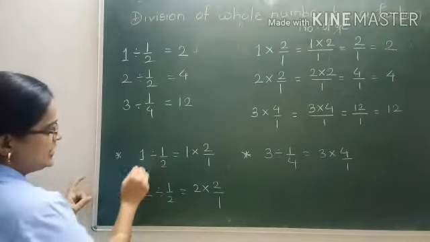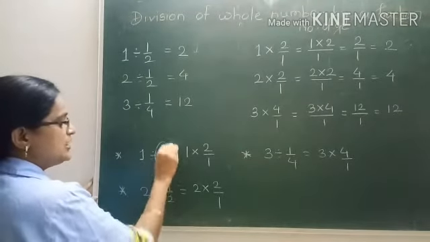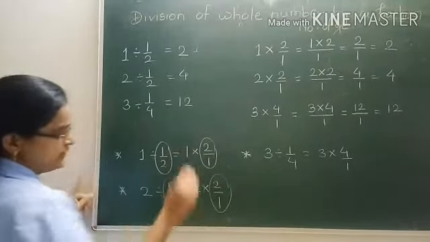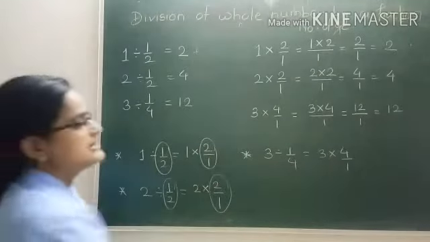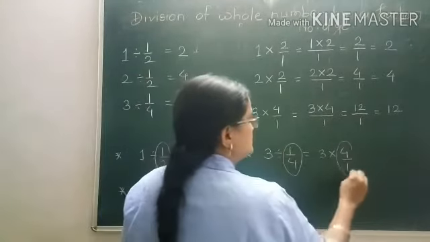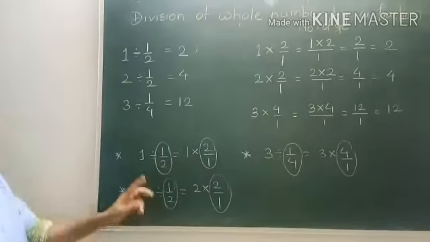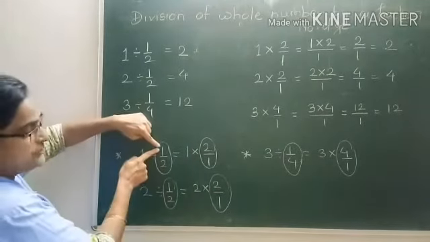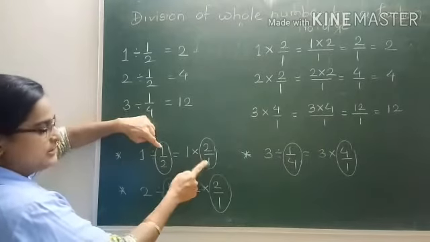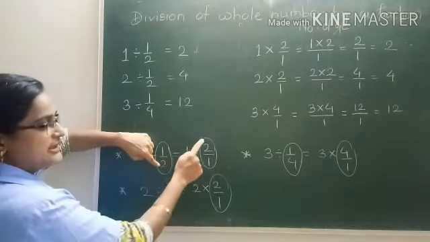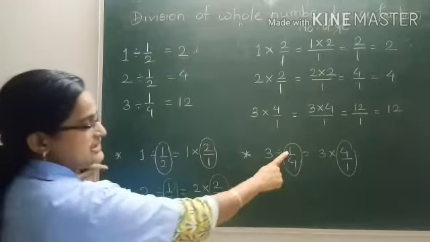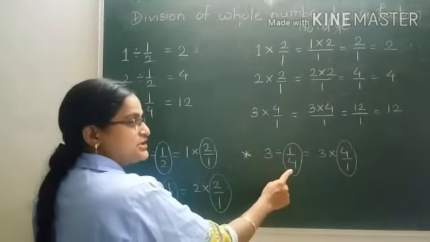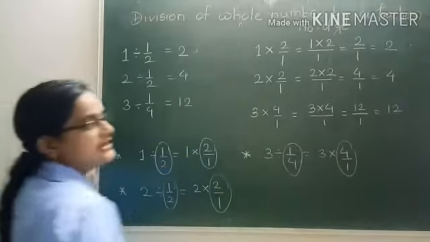So now just observe, here is 1, here also is 1. Now here is half, here is 2. Here is half, here is 2. Where is the change? Only in these parts there is a change. These numbers, how are they changed? Just see, here 1 is the numerator, here 1 is the denominator. Here 2 is the denominator, here 2 is the numerator. In this case also, here 1 is numerator, here it is denominator. Here 4 is in the denominator, here it is in the numerator.